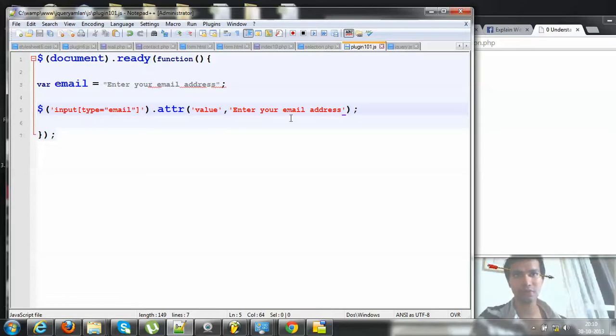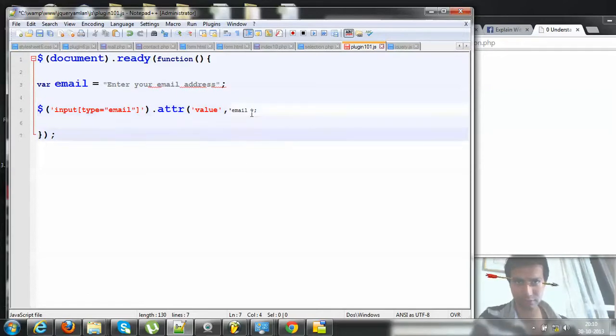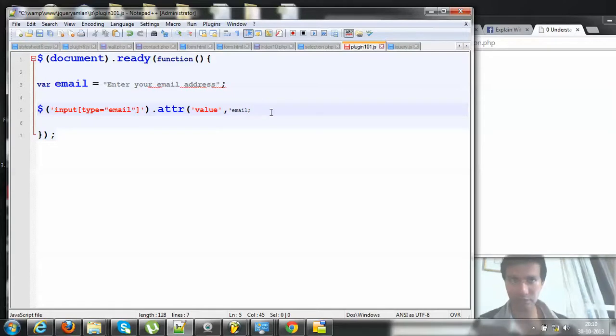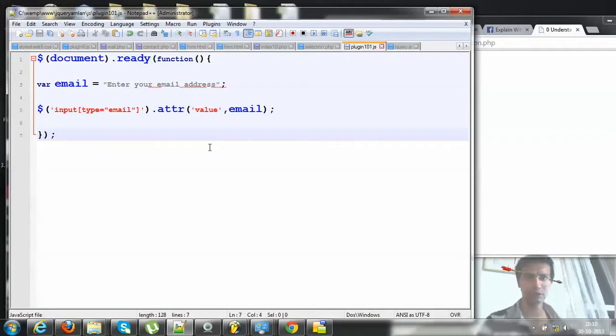Oh god, I'm so sorry. We have actually stored this entire thing inside a variable. So I basically needed to just write the variable email, and just close this bracket here and write this. I don't know why it's not behaving properly. Okay, I put quotes here, but it's a variable, so I don't need to put quotes there. So there you go, it's proper now. Just save it, and now let's look at the screen and see how it resolves.